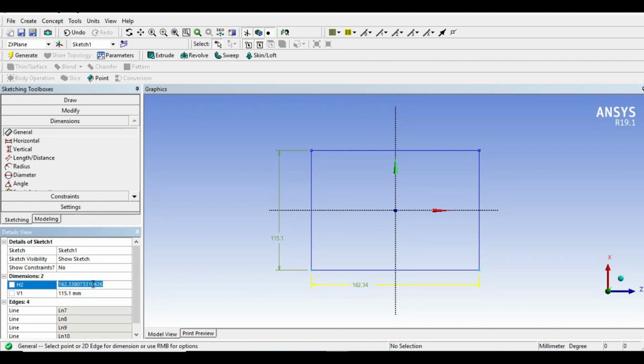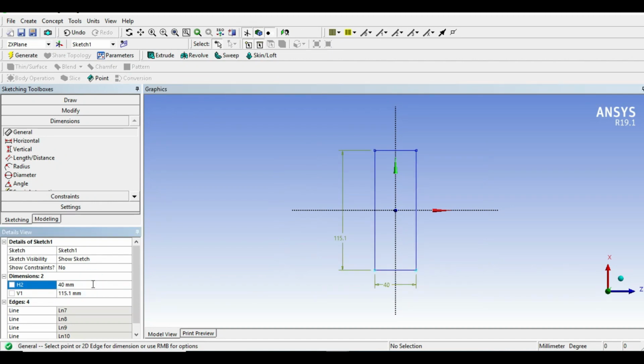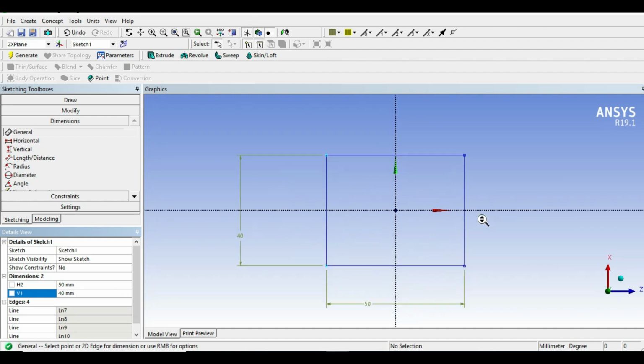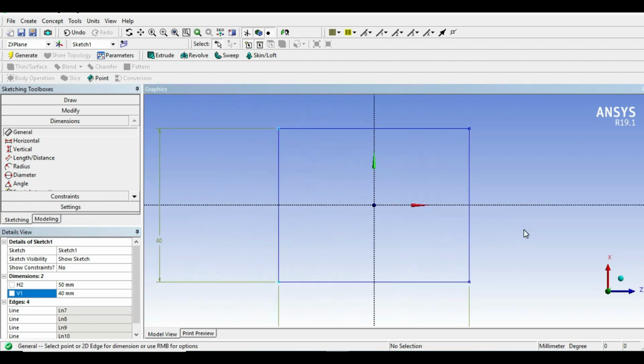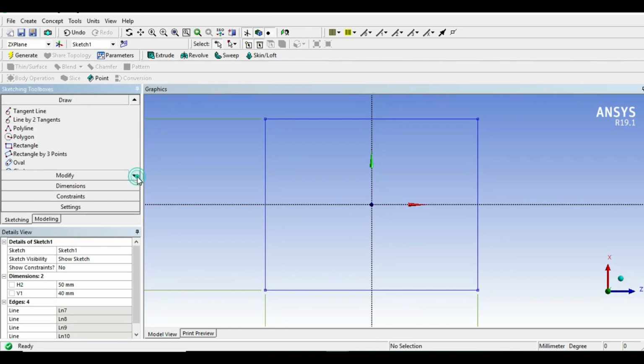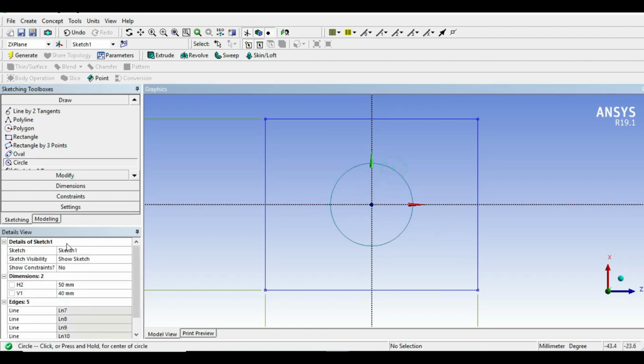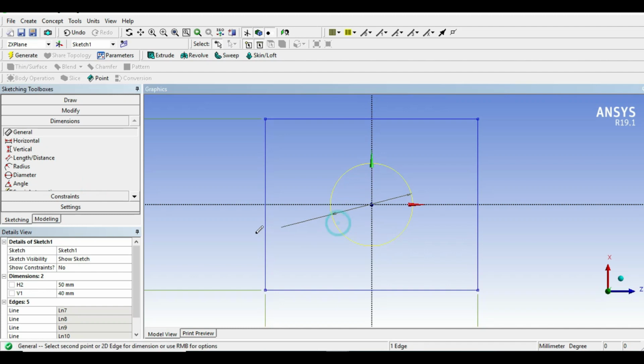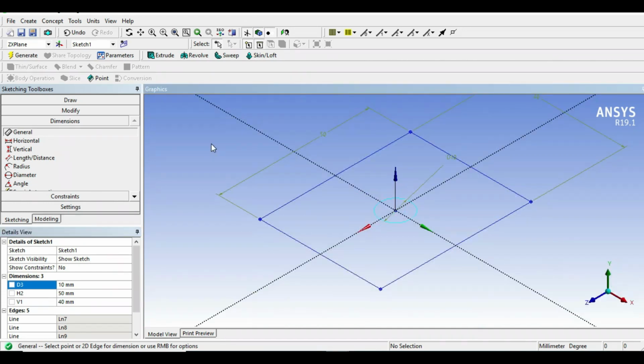So for this first dimension is 40, or instead of 40 we can do the 50, and the second dimension is 40, right? So here again we have to create a circle for hole feature. Then select circle with the diameter 10. The diameter is 10. So our sketch is ready, and